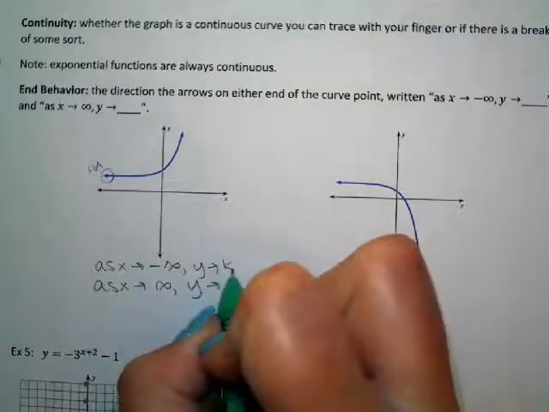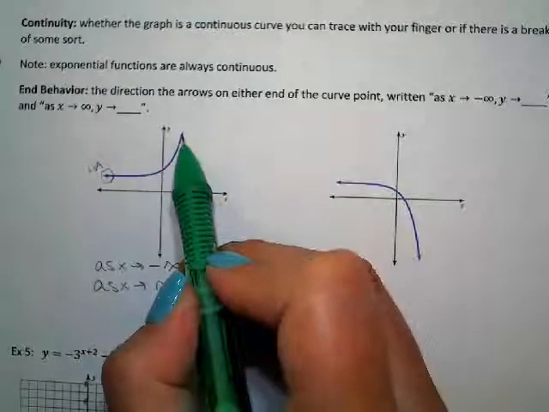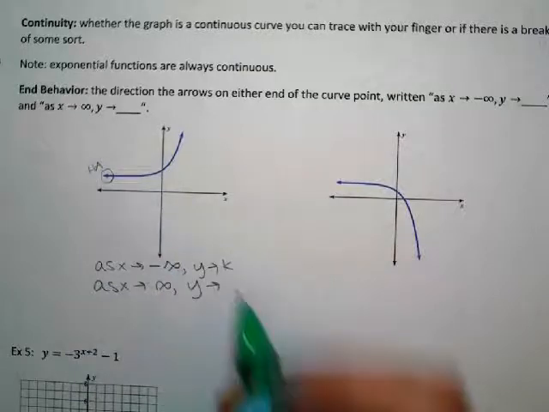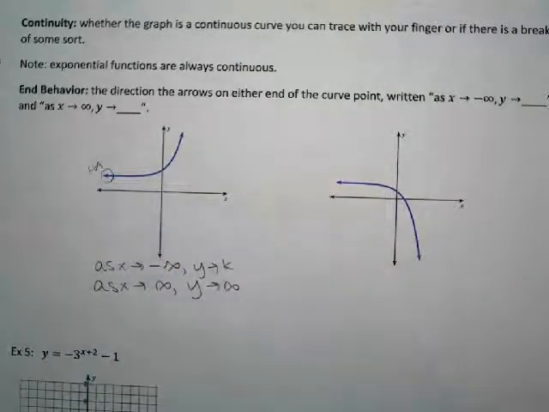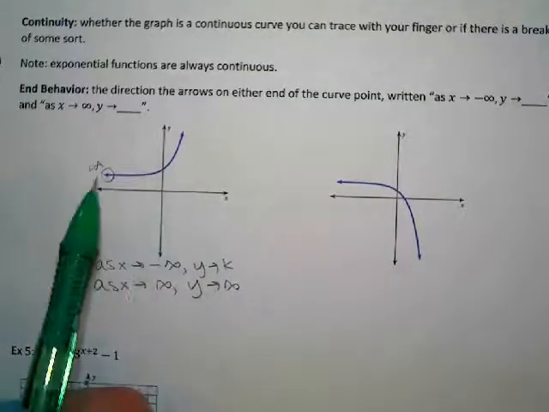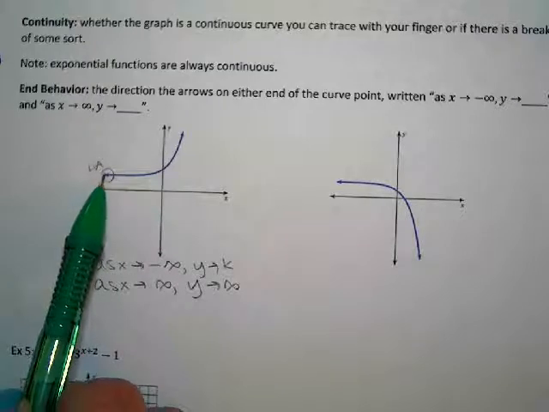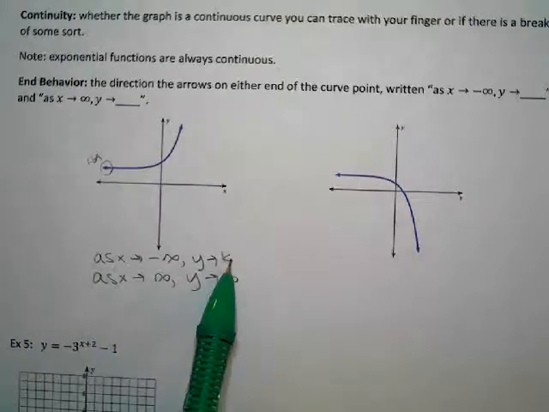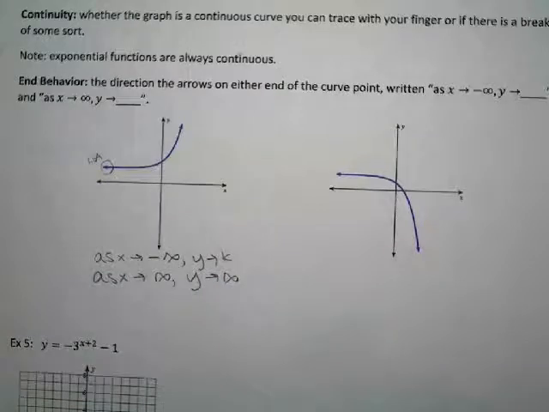But the right arrow on this one is going up. So for this particular example, the left arrow would be going to the horizontal asymptote, which is the k value. The right arrow would be going to positive infinity. For this one,